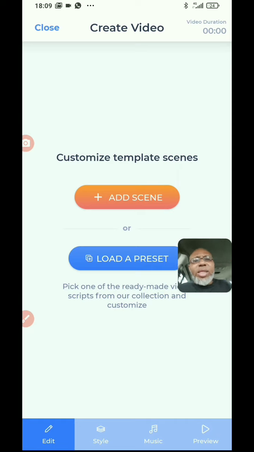So add a scene will help you to add those scenes by yourself, while load a preset is going to give you the full template, an existing project, and all you do is change the text, customize it to suit you. You can change the text, you can change some pictures, you can change the placeholders, the videos, and pick whatever you want, but at least you have something to start with. So we are going to use load a preset. So you click on load a preset,